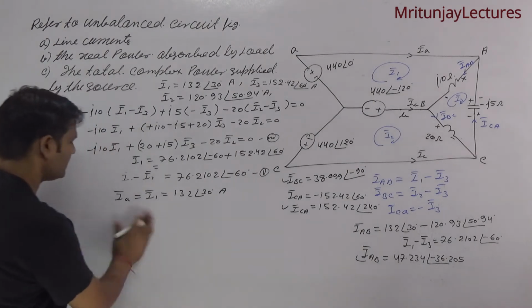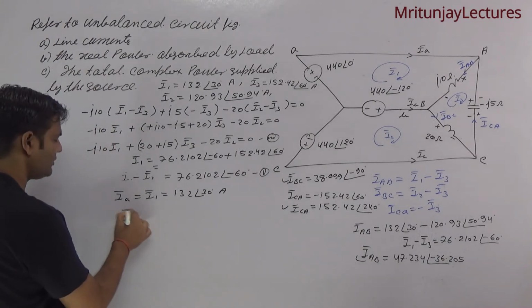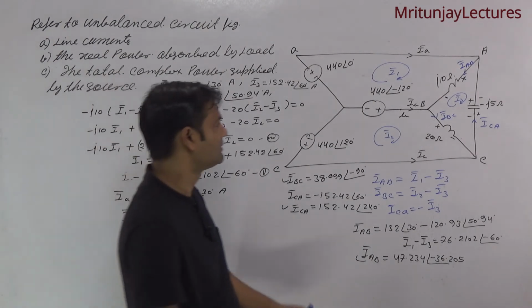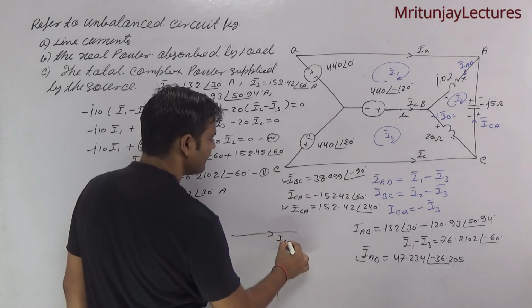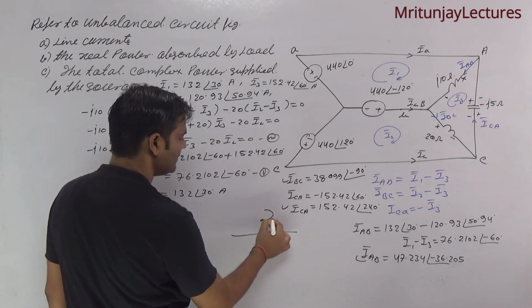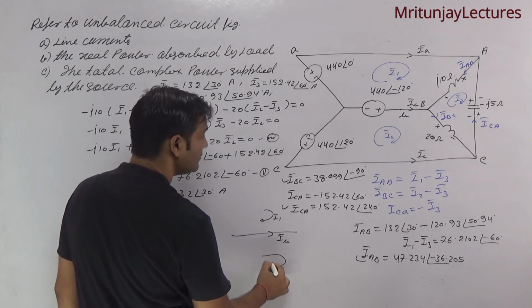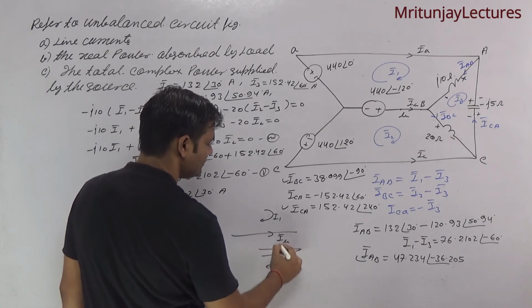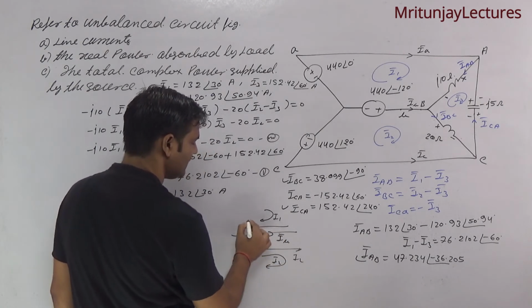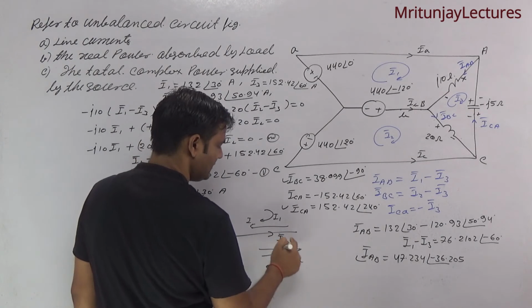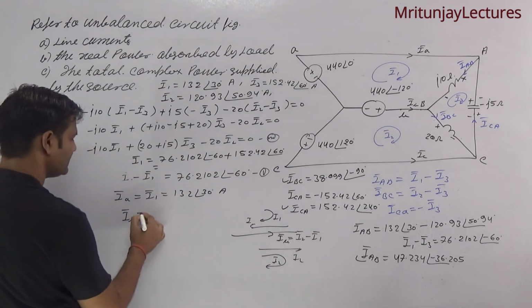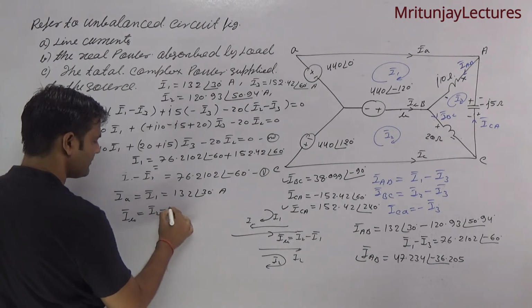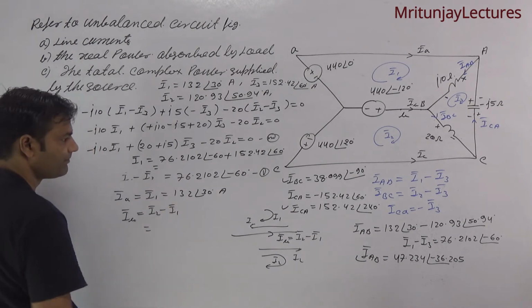Sorry, not IB. Oh, sorry. Our motto is IB. I know that this one is IB. I1 is like this one, I2 like this one, I2 direction, I1 like this one. So IB is I2 minus I1, that is I2 minus I1. Clear? Why is it written as I2 minus I1?